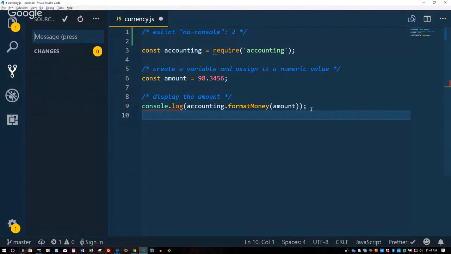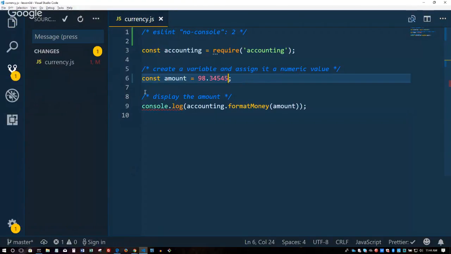So let me make a change. I'm going to say, I don't know, change the number. Good. There. See? You see what happened? My Git icon, just notice the change. So it's asking me, hey, you've got a change here. And if I want to git add it, I'll just say plus, which stages the changes. So if I click on plus, that's saying the same thing as git add.